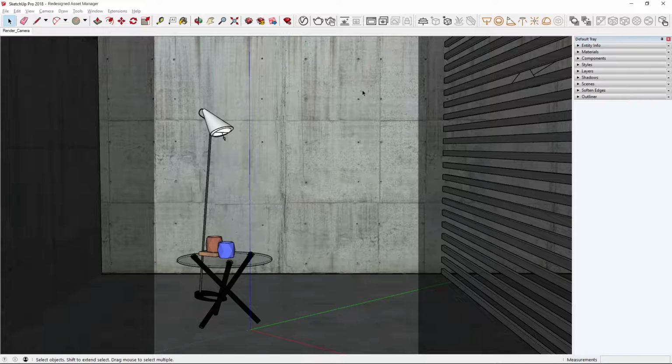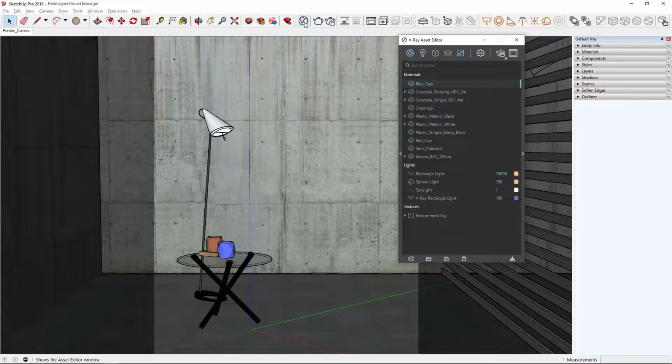To get started, you'll see here that we have a simple scene set up already with a lamp and side table and 2 cups on it. Let's click on the V-Ray icon to open up the asset editor and explore some of the updates we've made to the user interface. One of the new powerful features we've implemented is the new asset tree view in the